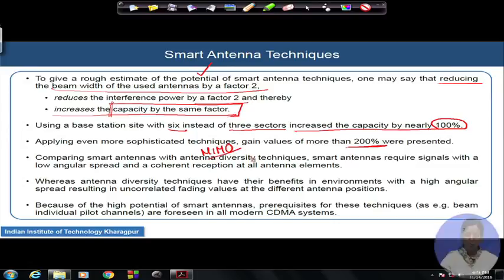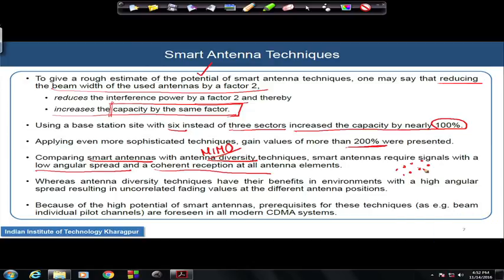Okay. Now, comparing the smart antenna with the antenna diversity technique, what we get via the MIMO architecture, the MIMO antenna utilized for antenna diversity: if I compare that with the smart antenna, where is the gain and what is giving what, then we will see that smart antennas require signals with a low angular spread, and coherent reception is heavily required at all the antenna elements, and the antenna elements are spaced so that you can actually process the